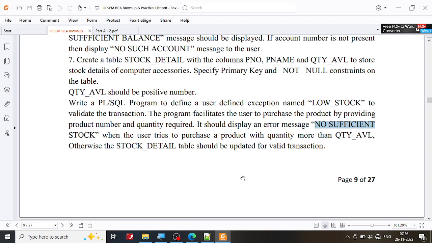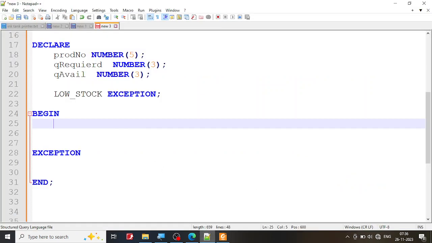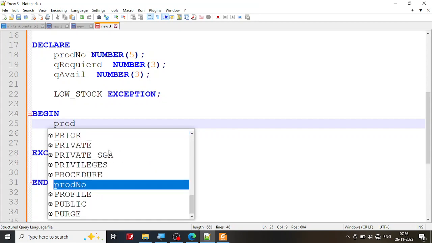What they are asking in this particular program is to facilitate the user to provide two things. What are these two things? Product number and quantity required. So how are we supposed to ask the user, tell me what is the product number. So I'm going to say product number